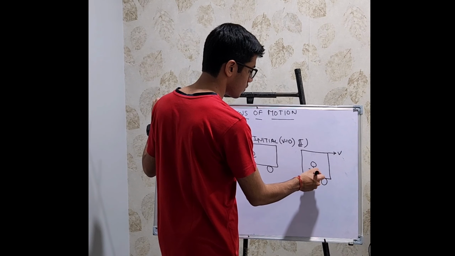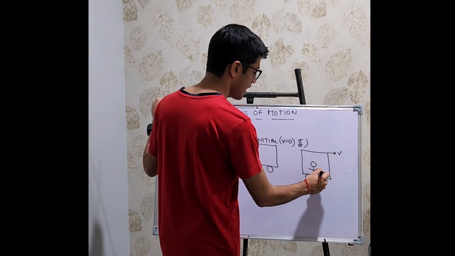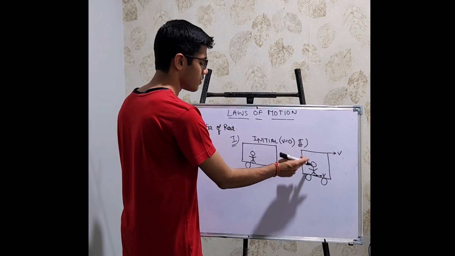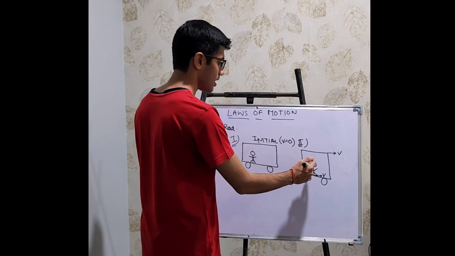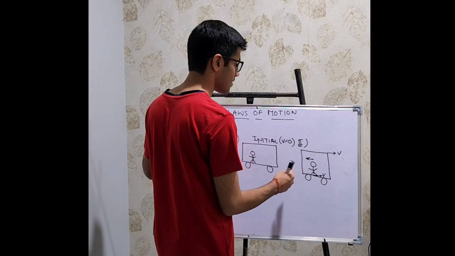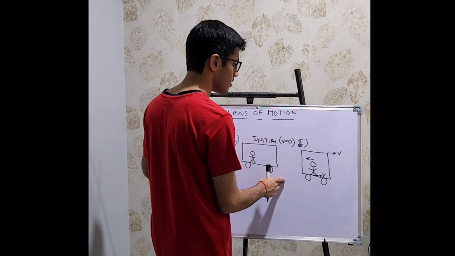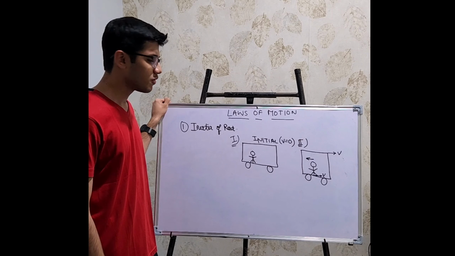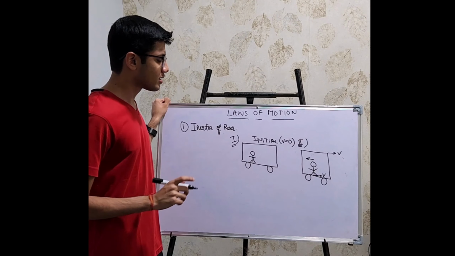By ground I mean the floor of the bus. So the legs will also move with the velocity v, and our upper body is not attached, so it will experience a force backwards. It will experience a jerk basically, and that is what happens when we sit in a bus and it suddenly starts to move. We experience a force backwards,